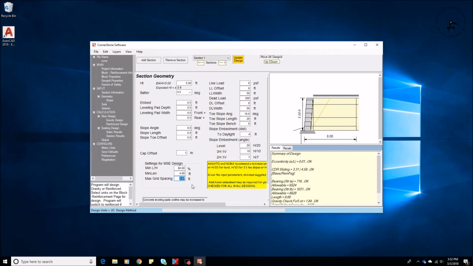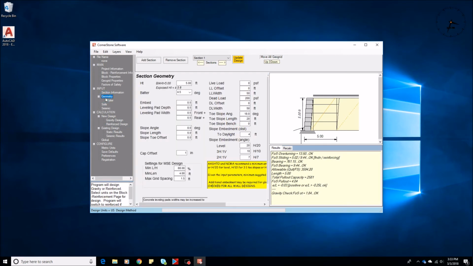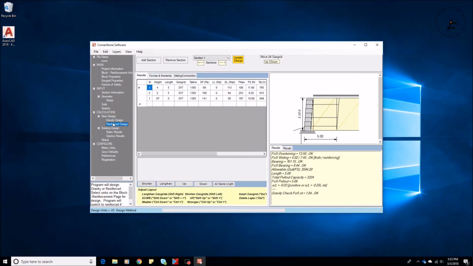Maximum grid spacing is 2 times the depth of the unit. So our units here being 1 foot deep, the maximum spacing is 2 feet. If we wanted to reduce that to 2 block spacing, we could say 1.5 feet. We do a design and it will place the grids at maximum of 1.5 spacing. Helps do the layout. If we put that there at 10 feet, and we do reinforced design, it doesn't matter. The program was always going to default to 2 times the depth of the block, regardless of what that number is. We can always come in here, delete a grid, and